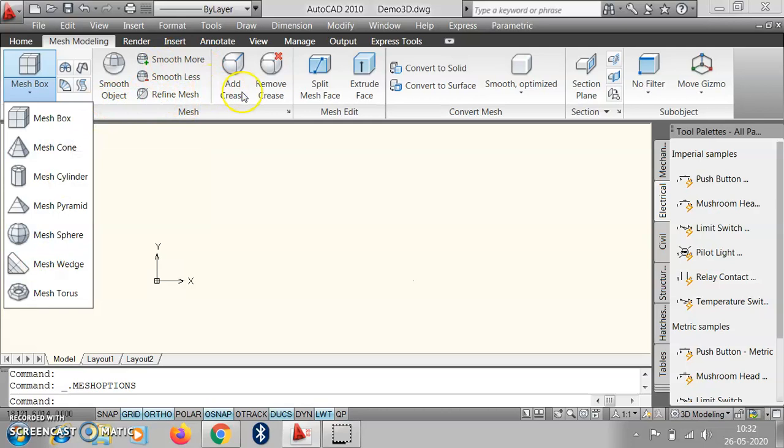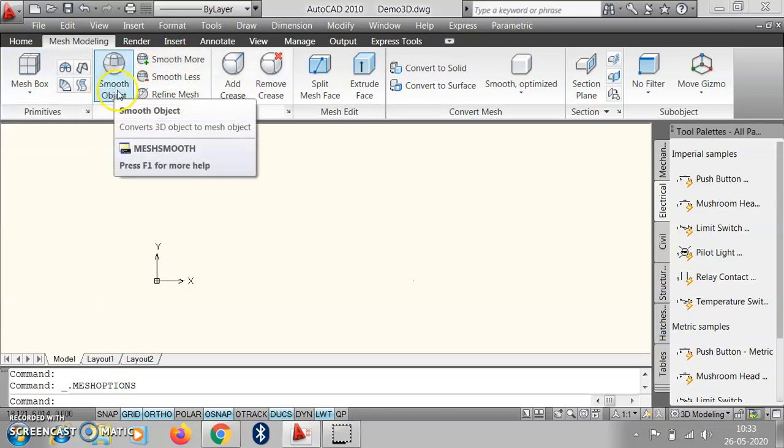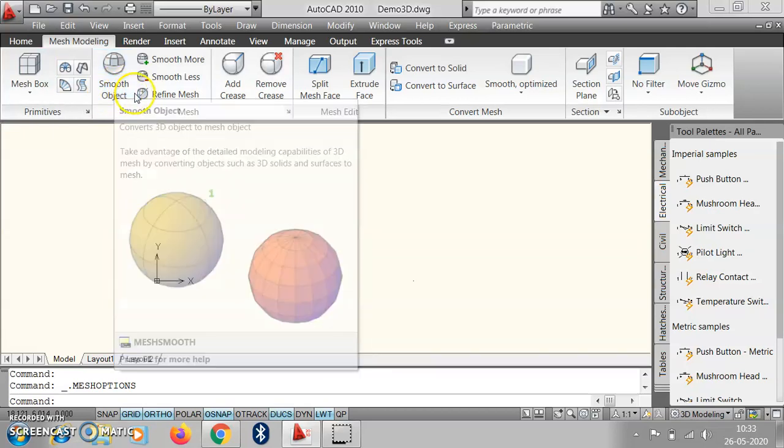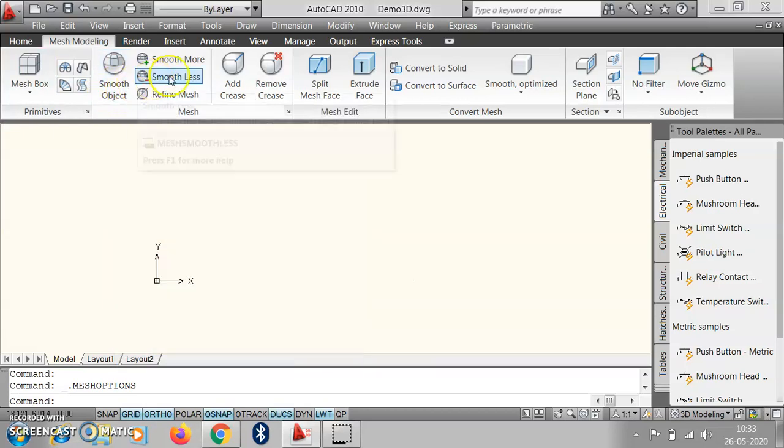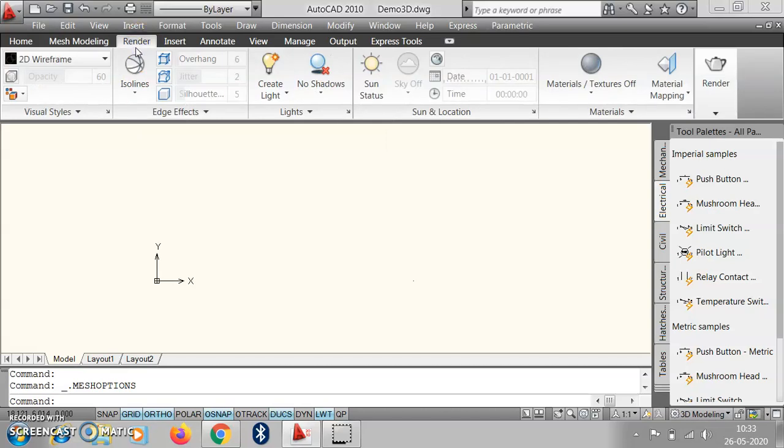Then if we have to smooth the edges of any object, in that case we use smooth object, smooth more, less, add creases, remove creases, extrude faces, split mesh, and a number of other options. Then rendering, how to render or how to move our objects, for that there are many options.